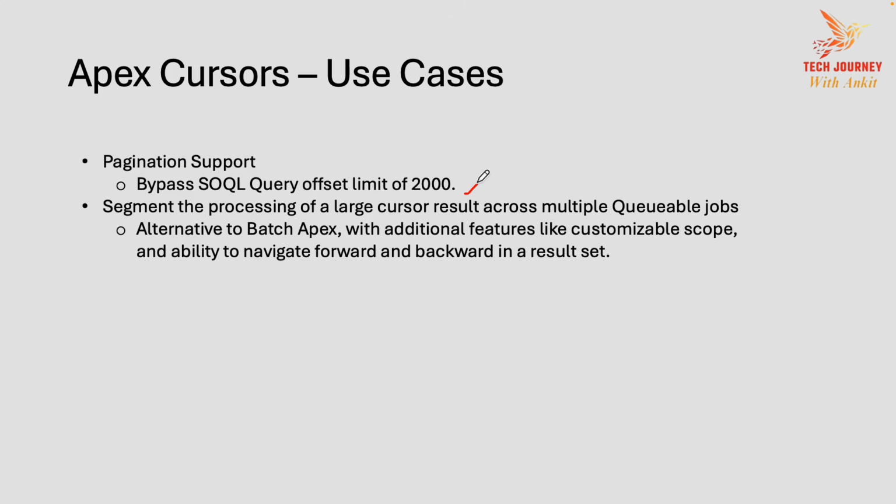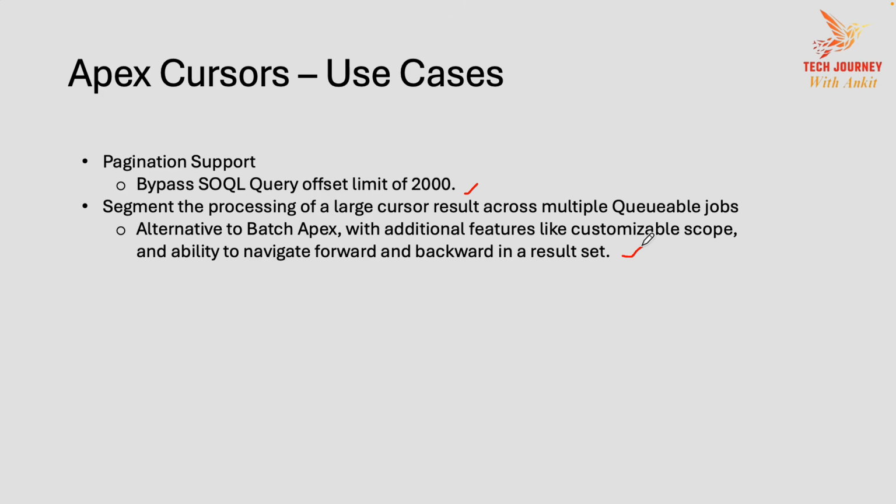Next, you can segment the processing of a large cursor result across multiple batches. For example, you may want to set up an alternative to batch Apex with additional features like a customizable scope, and you want to navigate forward and backward in a result set. Again, you can use the Apex cursor there as well. I will create a separate video where I will show you how you can use Apex cursors in